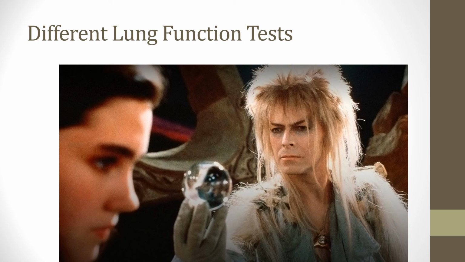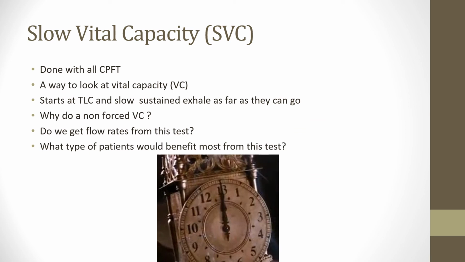All right, let's get started. The slow vital capacity, this is usually the first test in a complete PFT that we do. This one is very, very important. It's done with all complete pulmonary function tests. This one's important because if someone has something that's obstructive, where there's premature closure of the airway, remember the airways get smaller as you exhale. And as they get smaller, especially if there's a floppy airway like we see with emphysema, it can prematurely